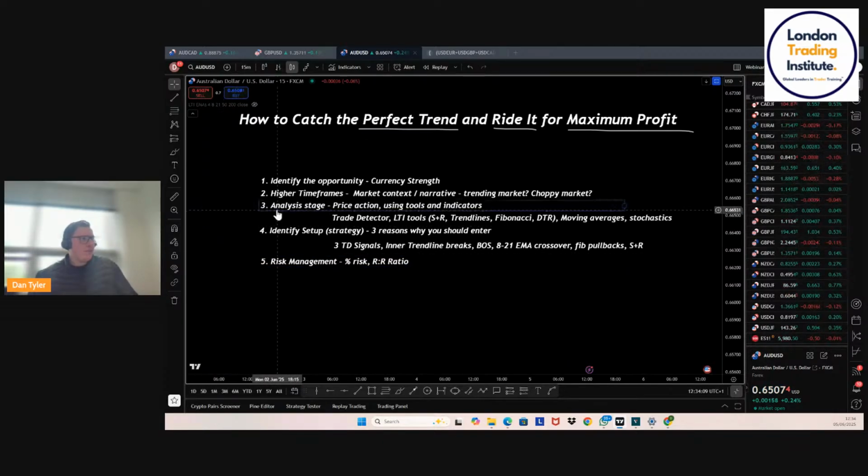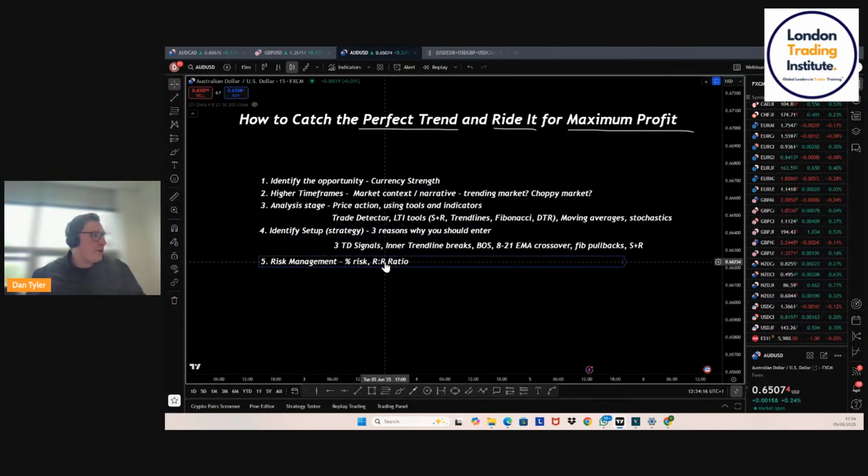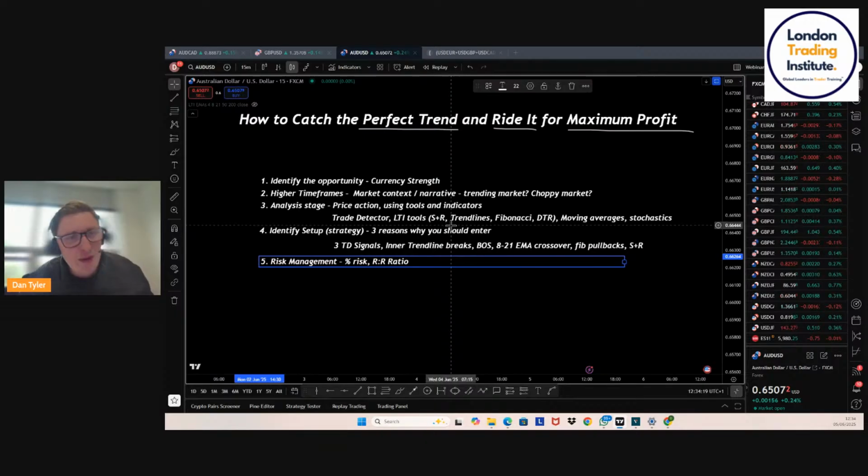So a lot of the time, or some of the time, should I say, you do all this work, you find a really, really good setup. The market's really, really moved in your favor, but you're looking at placing maybe 1% on the trade, but your risk to reward ratio, depending on where your target is, so stop loss and target profit, right? It might already be close to your expected target profit, which means that your risk to reward ratio is less than a 1-to-1. If it's less than a 1-to-1, you shouldn't be taking the trade. Okay.